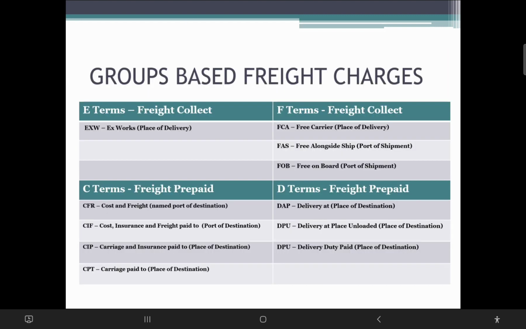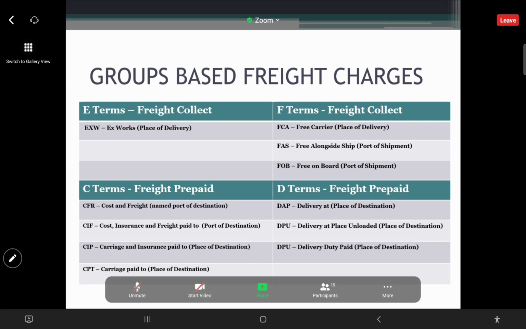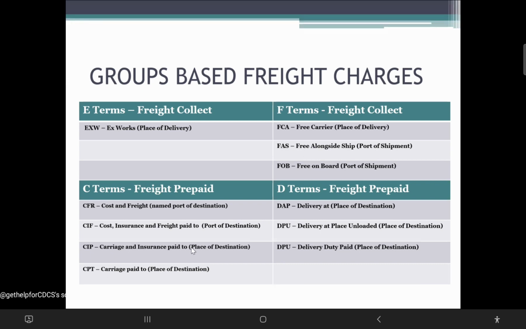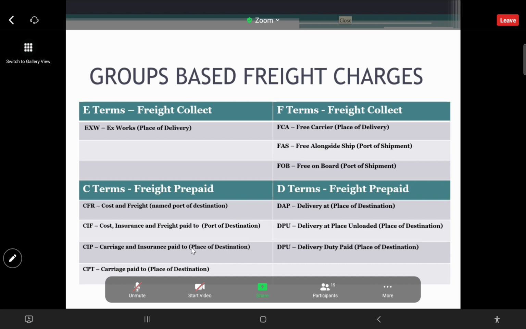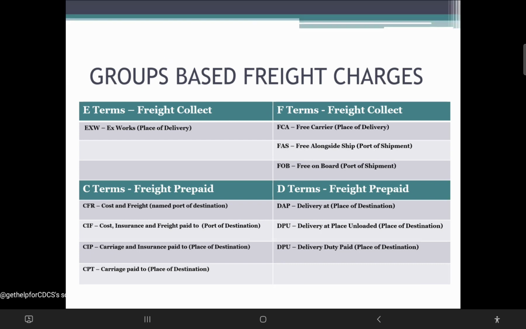11 Incoterms. Sunil, E and F, freight prepaid means freight is being paid by the seller in C and D, right? Seller, yes. Okay. Sunil, for E and F, freight collect is borne by whom, seller or buyer? C terms, seller, freight prepaid. No, I'm talking about freight collect, E and F. Which Incoterms are you talking about? All the Incoterms shown in this slide now. So if it is under freight collect, either buyer or seller can pay the freight, right?